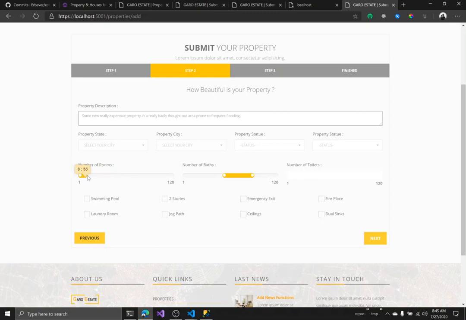Oh okay, so I think this won't work for us. So we might have to change these controls to regular text boxes. I don't think these will work. Well, let's just move them about for now. Number of rooms, the number of toilets. Let's say this house has 10 toilets, because I mean,